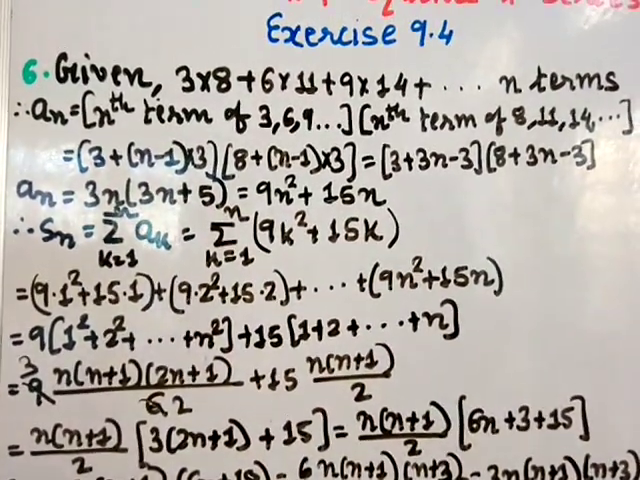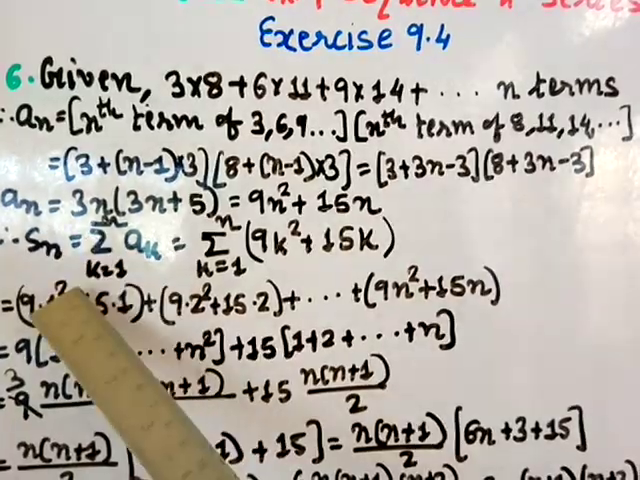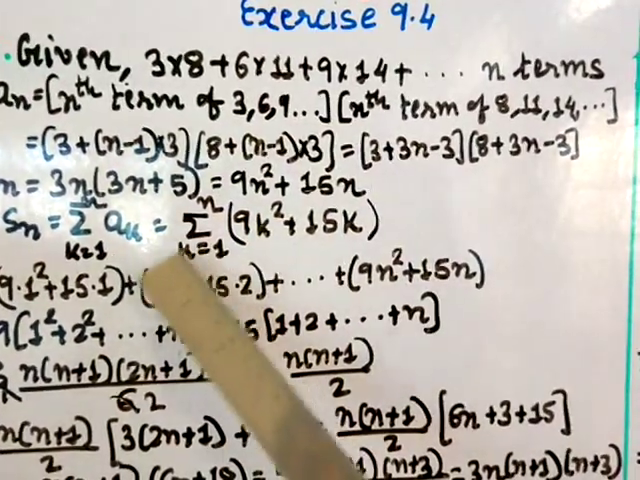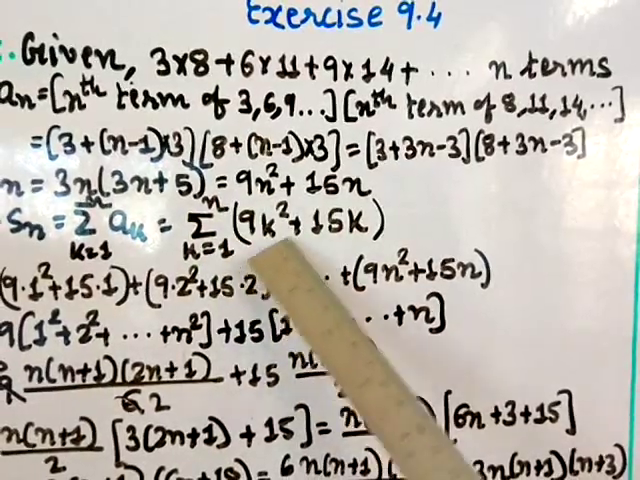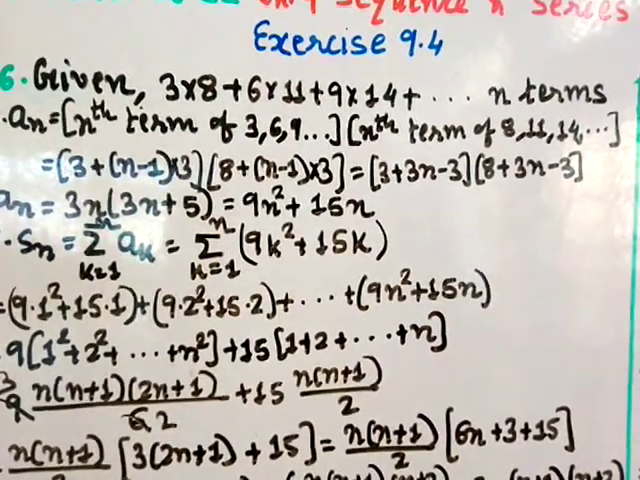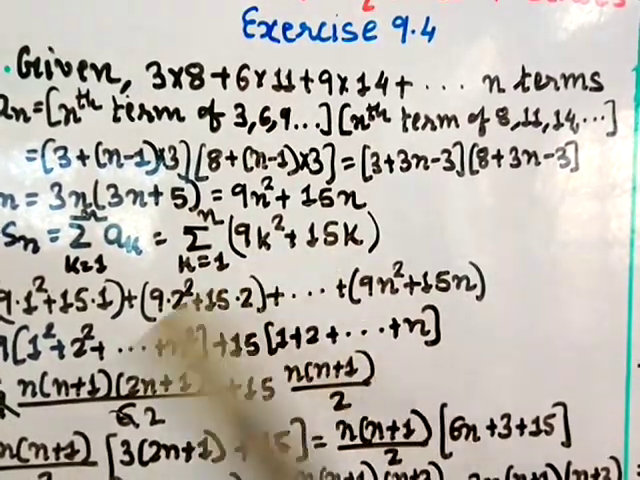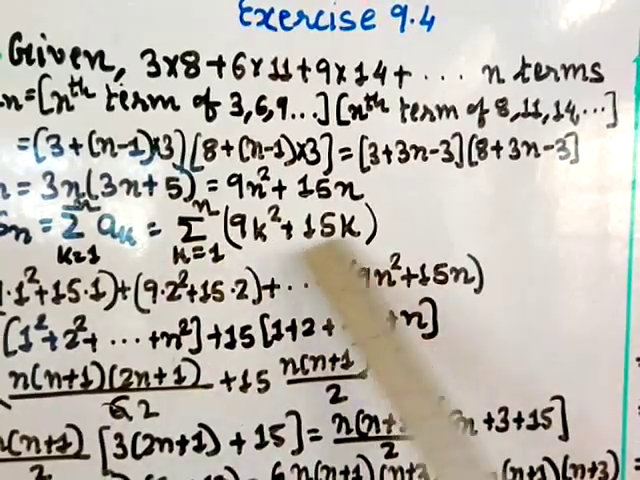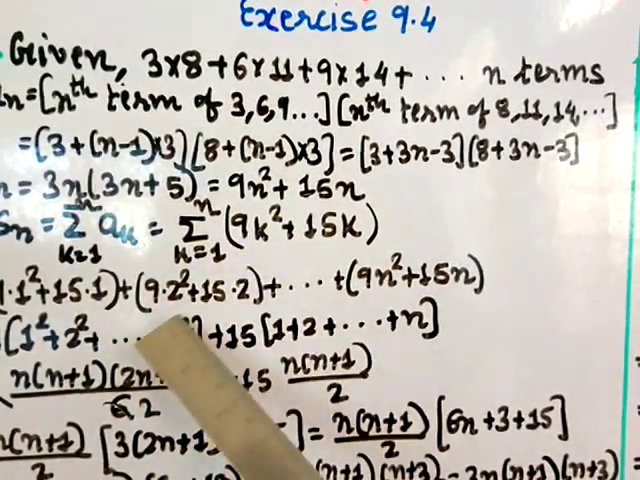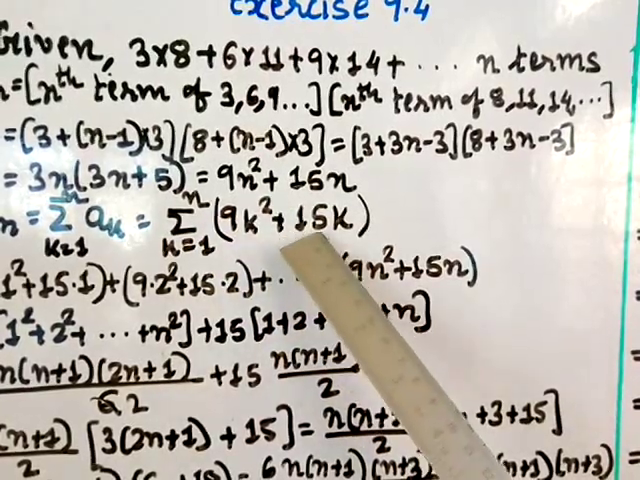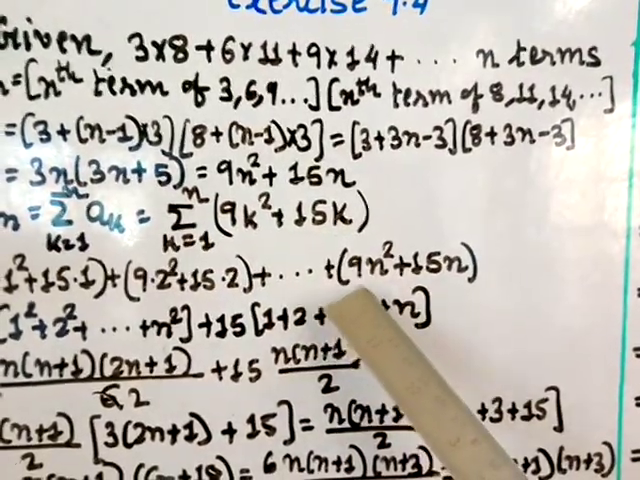Now we have to find the sum, so Sn equals sigma k equal to 1 to n of ak, the sum of this part. So sigma k equal to 1 to n of 9k square plus 15k. Now we place the values of k starting from 1. So you put first 1, then 2, 3 and so on. So 9 into 1 square plus 15 into 1, plus 9 into 2 square plus 15 into 2. The next term will be 9 into 3 square plus 15 into 3, plus up to 9 into n square